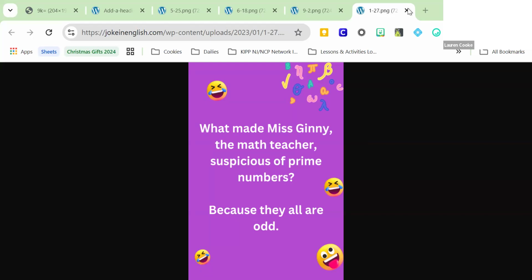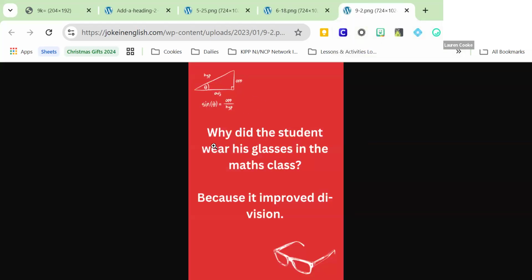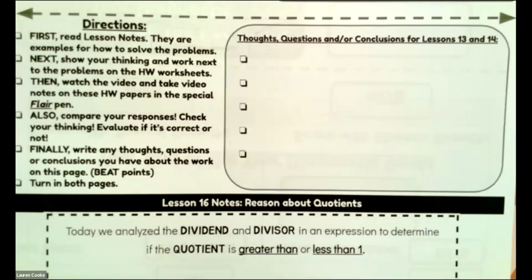Okay, I think I have one more. I do. Why did the student, and I think I said this earlier or last week, but why did the student wear his glasses in the math class? Because it improved division, like his vision, but really like division. Sometimes we use it for the, and so anyways, okay. If I stop sharing there,